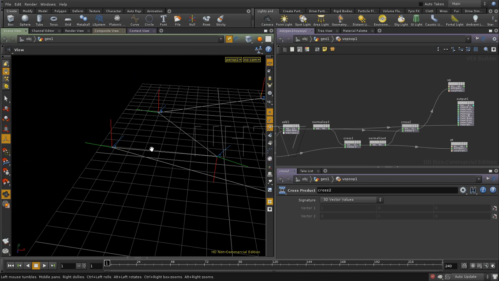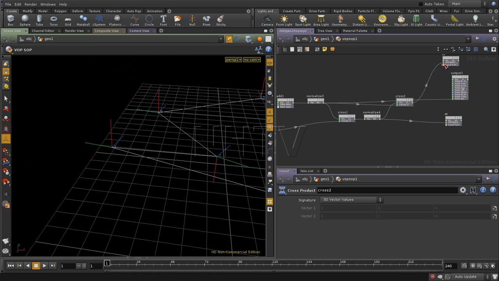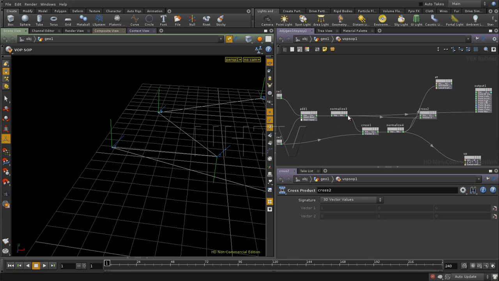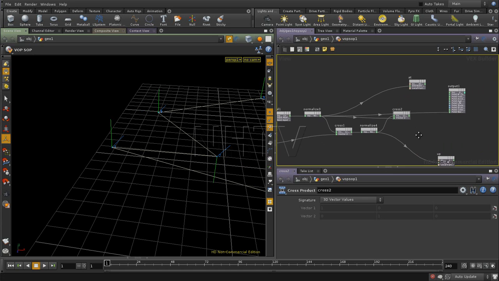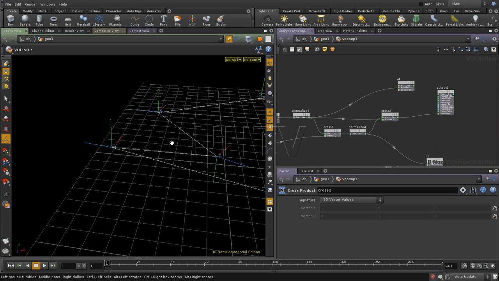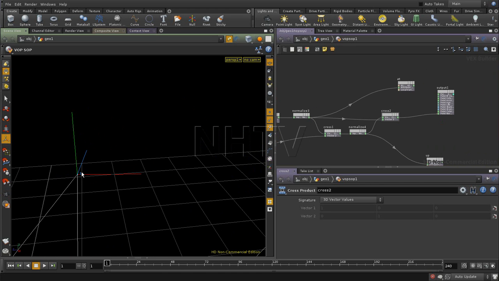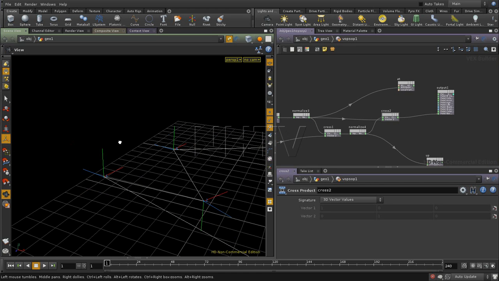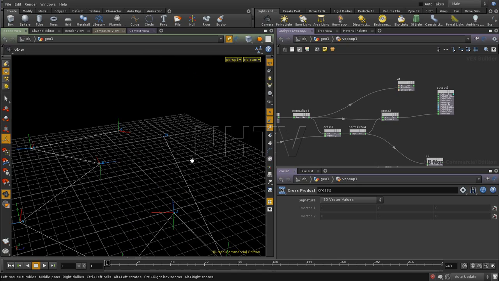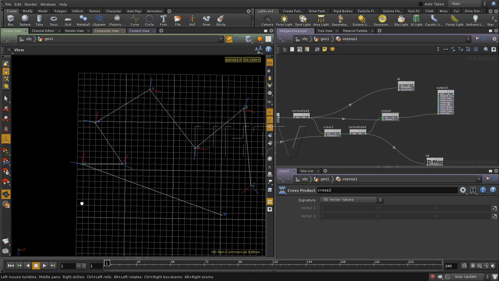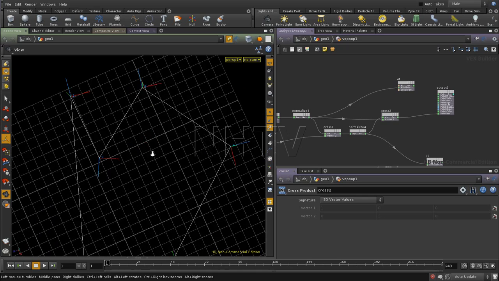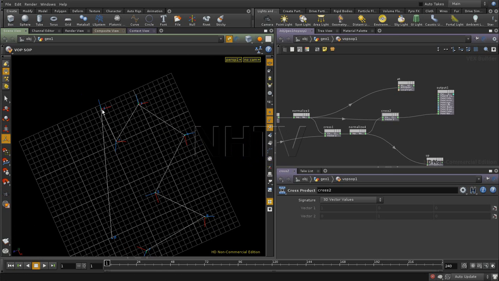Well, in order to make it really properly connected, what we can do is make the up over here, the add is going to be this one, and the end result is going to be normal. So this looks more like a normal axis, x, y, z. So as you can see, you can create your own axis that way. Good, so we now do have this step, but as you can see, we have these elements pointing inwards,